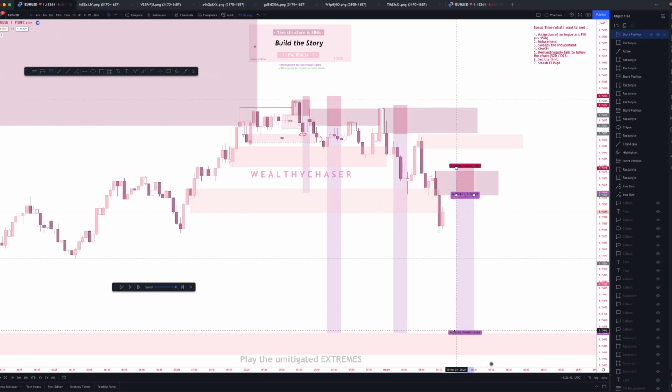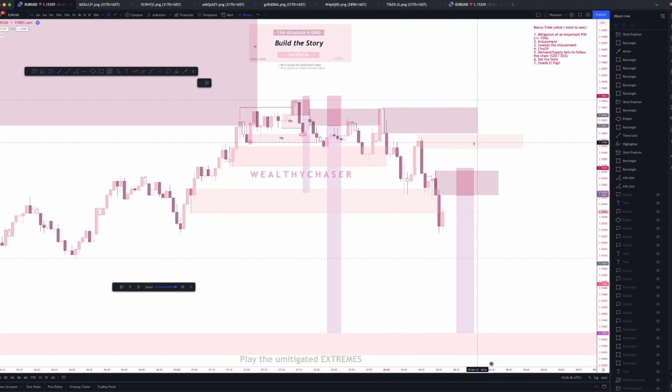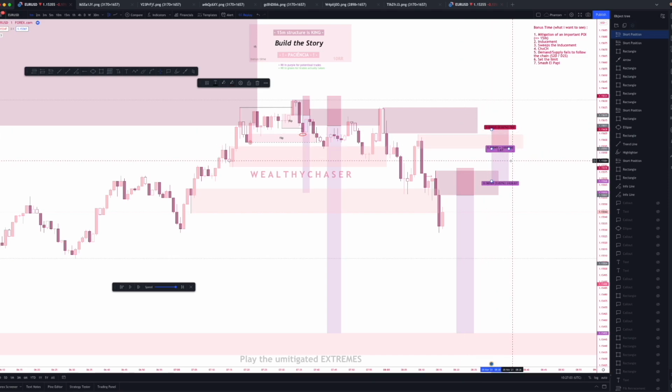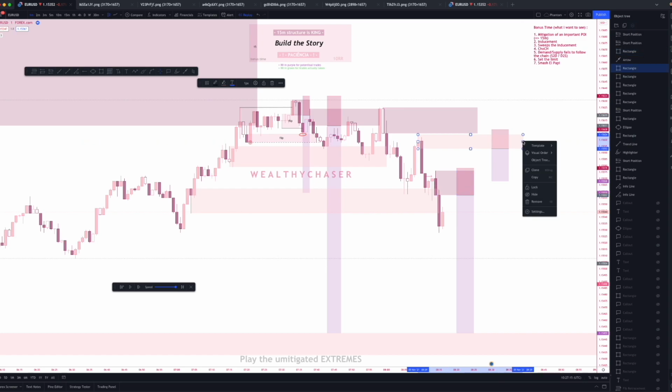I removed this limit here, and I placed another entry here on the extreme, because price can always come to mitigate the extreme, right? Normally I use up to 2 pips of stop loss. Normally I use either 1, 1.5 or 2. But the average stop loss that I use is mainly 2 pips, okay? But when I can leave a buffer with 1.5 pips, well, then I use the 1.5 pips.